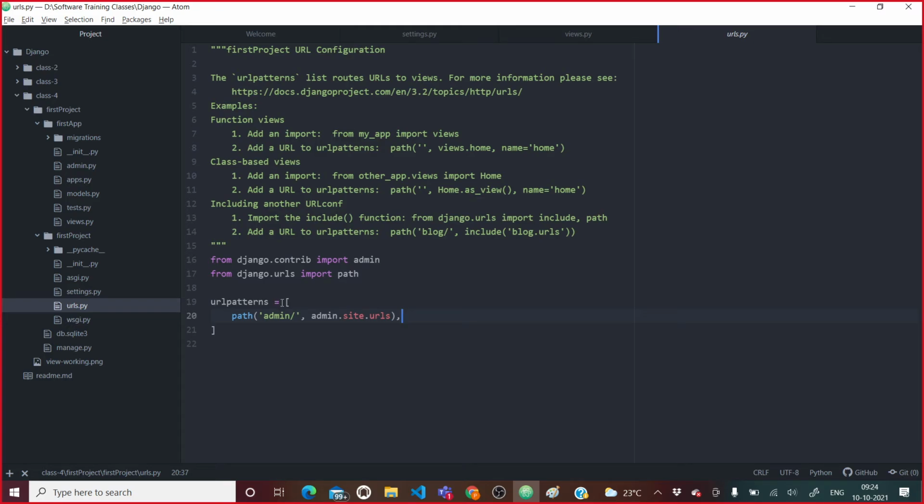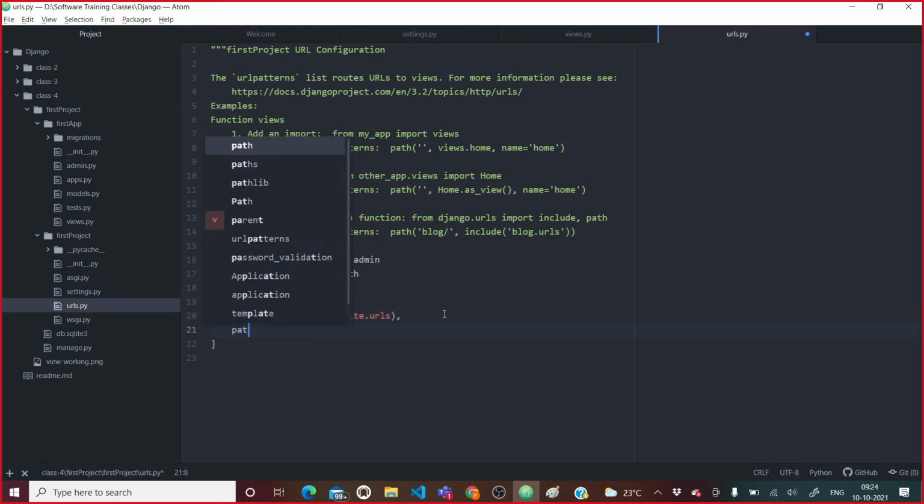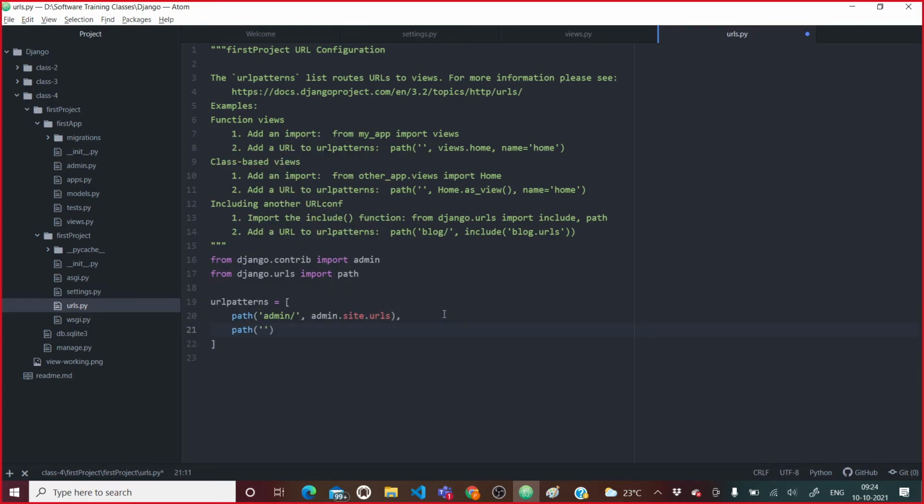I am going to add one more URL. What is that? Greetings. Whenever someone hits greetings, I want to show him a view called views.display.